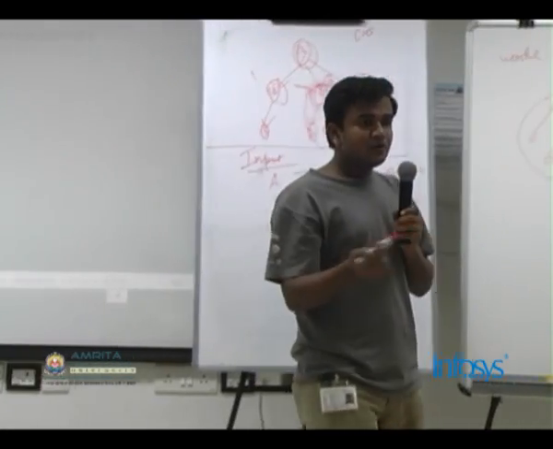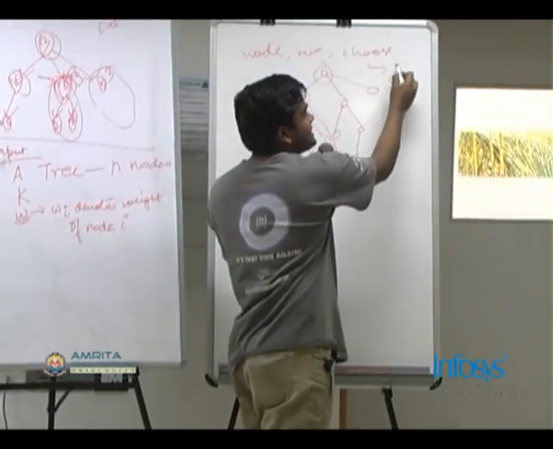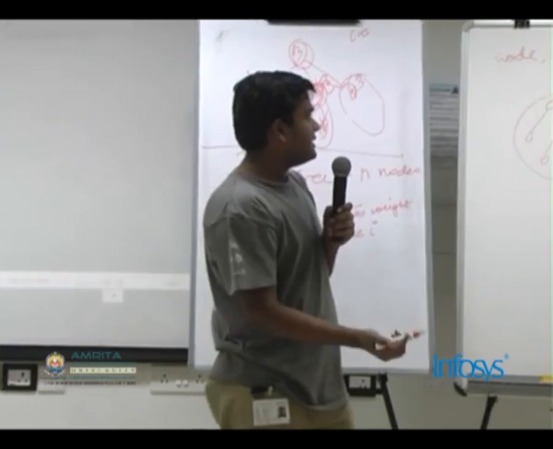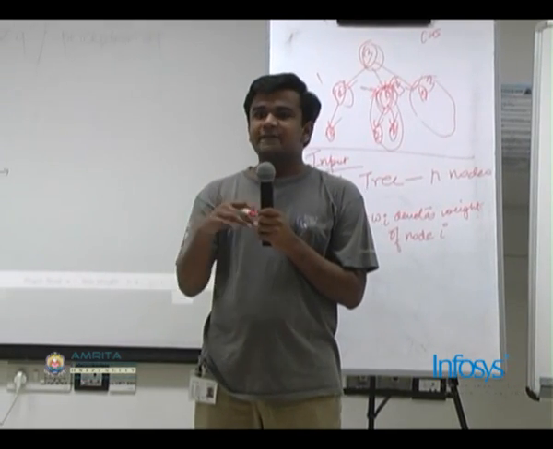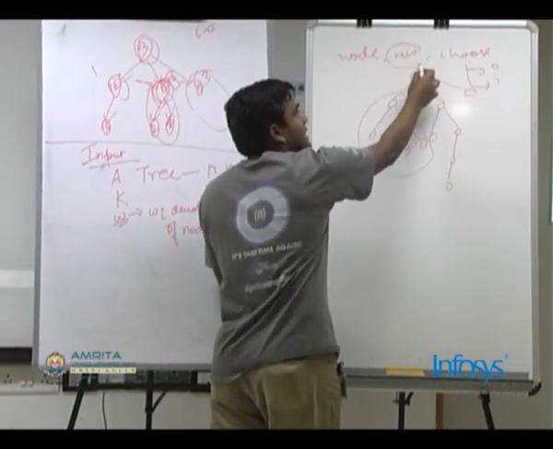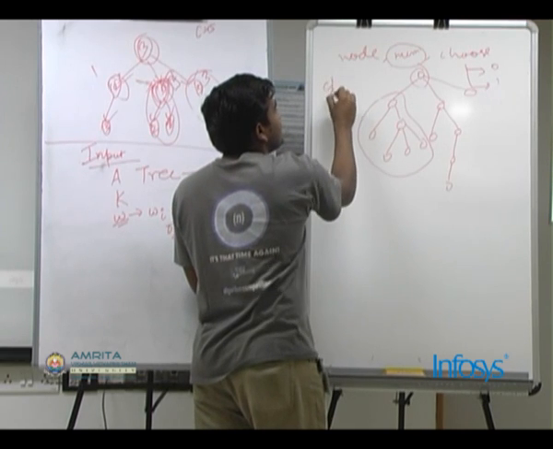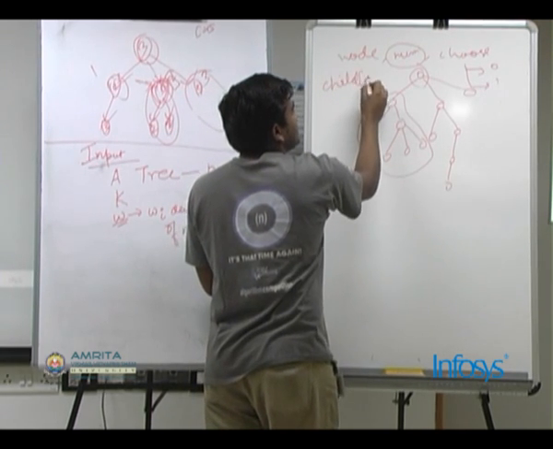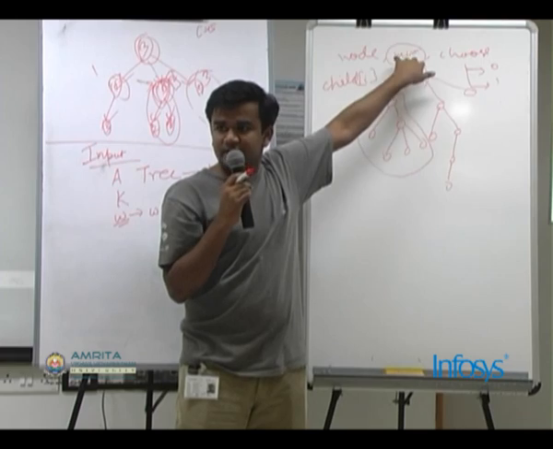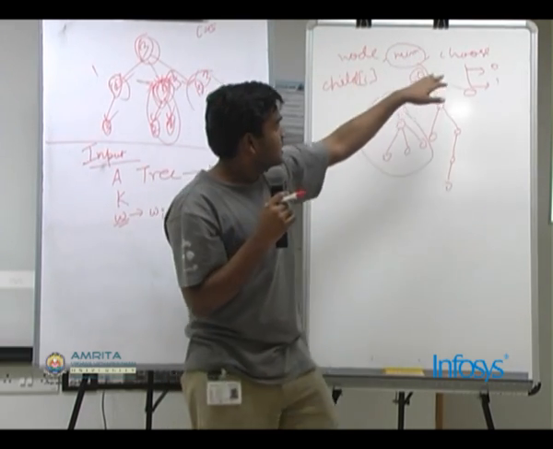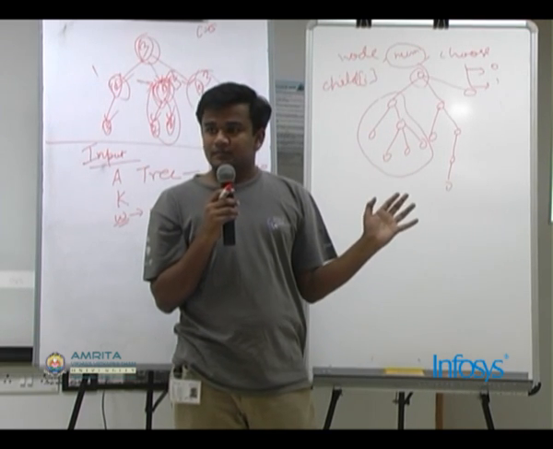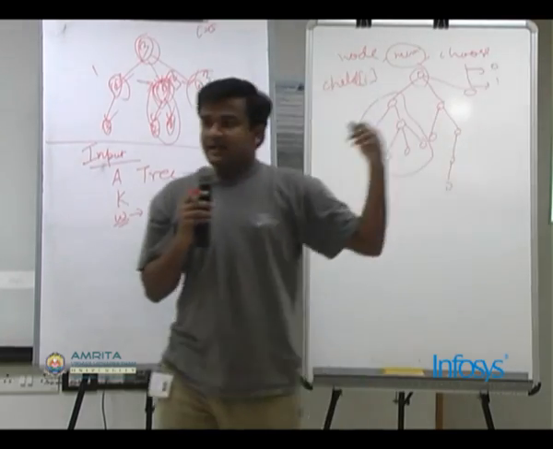Okay. Now we have two cases, whether choose could be 0 or it could be 1. If choose is 0, that means we may or may not take the root. If we don't take the root, then we can separately call this function for each of the children. So we can call this function for all children of the root node, and we want to select the same number of nodes which we call this function for, and the choose will again be 0 because it's still not compulsory, right? So if it is 0, that is one way.